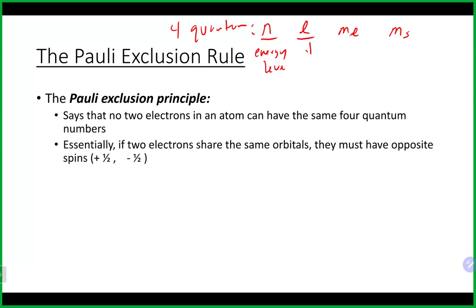For the most part, L will basically tell you the type of orbital you're dealing with. M sub L will tell you how many there are. And really, it is the orientation in 3-dimensional space. For example, Px, Py, and Pz is basically what that tells you. And the S is actually the spin on the electrons within those orbitals. So these are the 4 quantum numbers. And again, you don't really have to worry about that other than N, which is what we talk about here